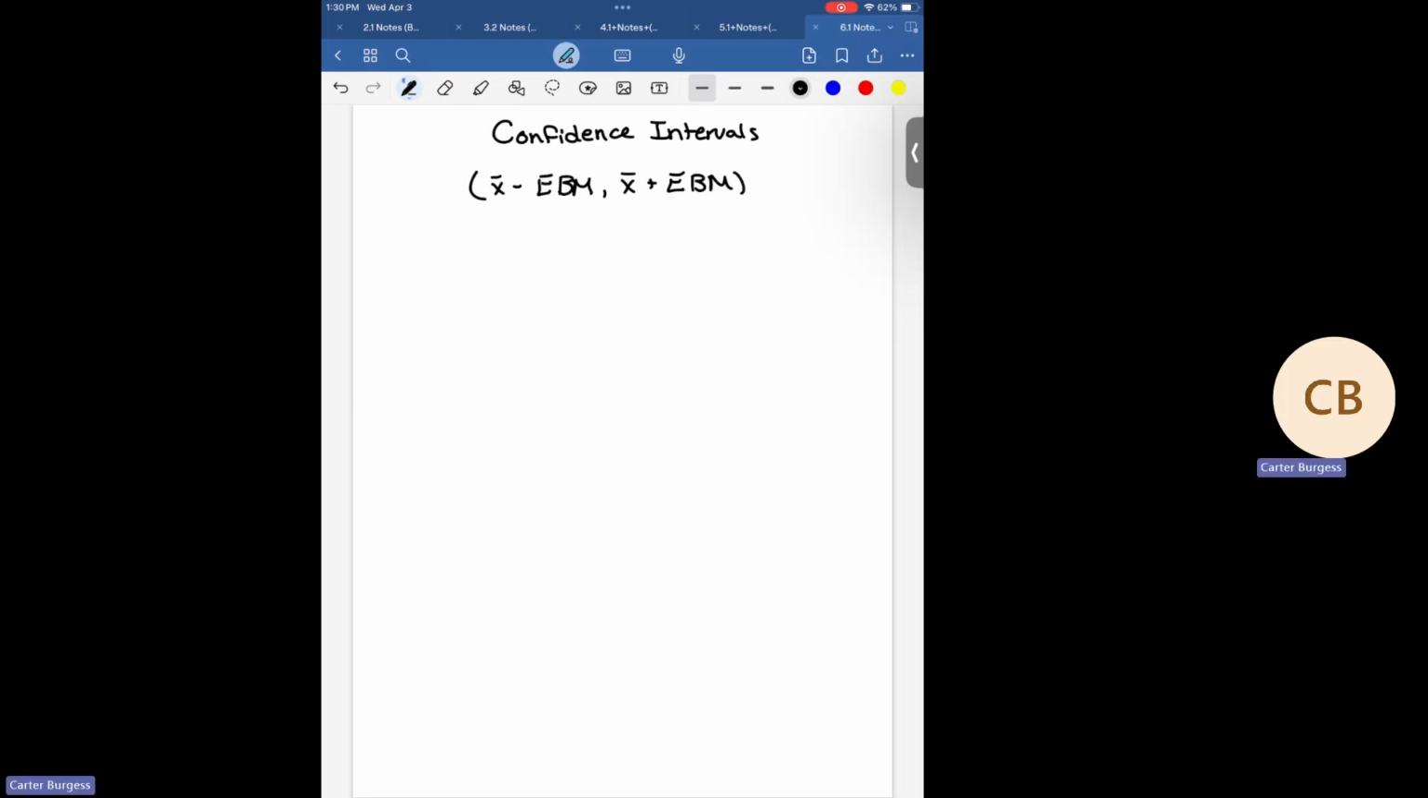Now we can go a little bit further here. We know what EBM is. EBM, the error, has changed slightly depending on the scenarios. We had some definitions where we knew what sigma was. What happens if I know what the population mean is? What standardized score do I use, and what should I use for my standard deviation? So if I know population sigma,